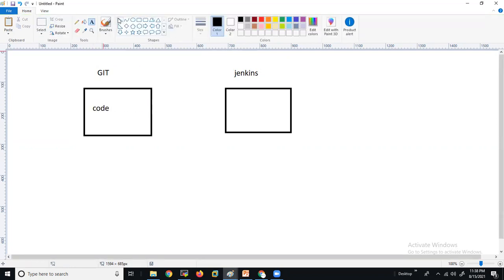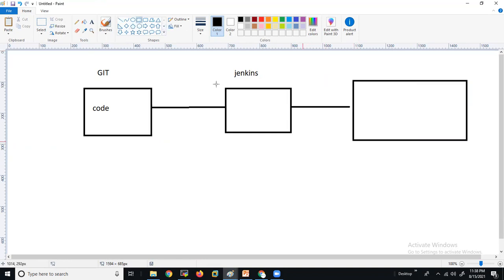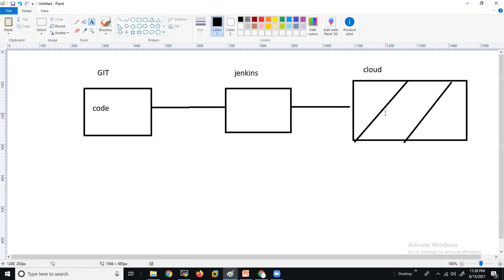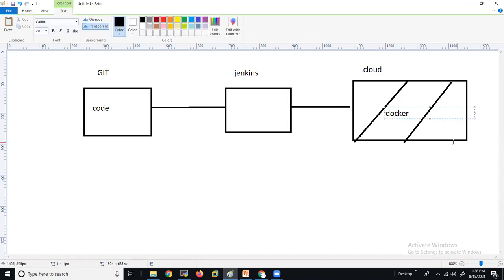From Git, we can push the code to Jenkins. Jenkins is used to deploy the code to environments. It can be any environment, but the famous ones are cloud, Docker, or Kubernetes.